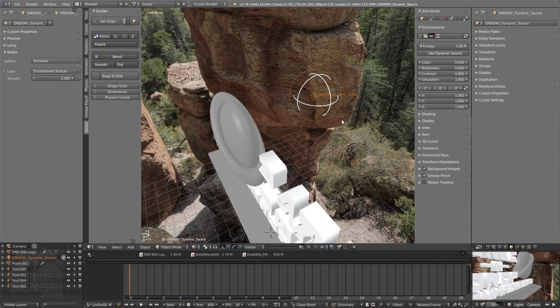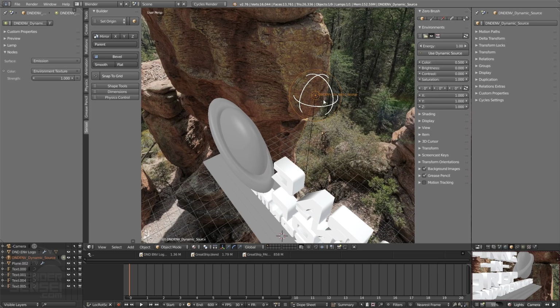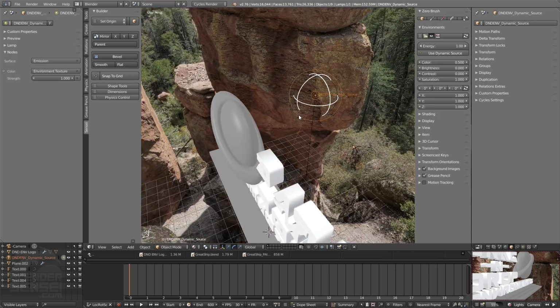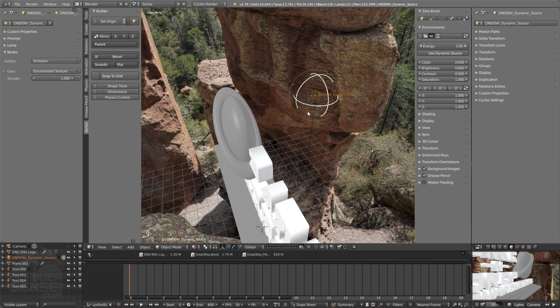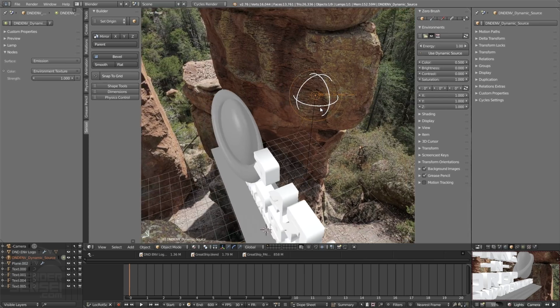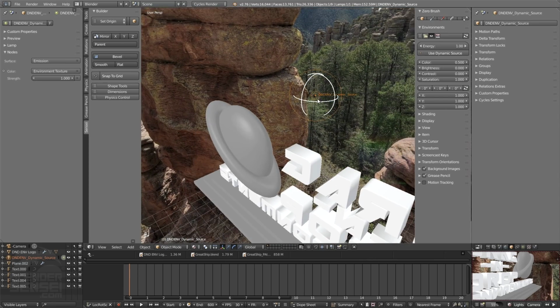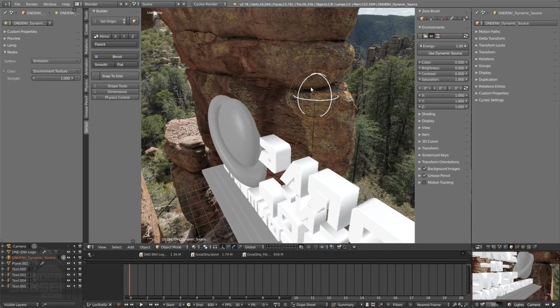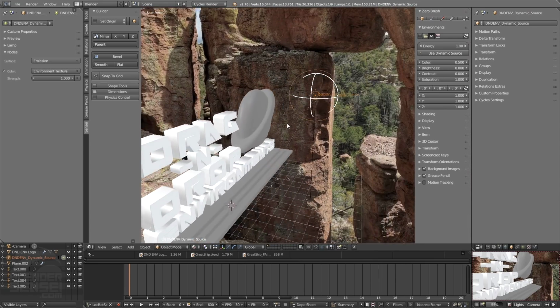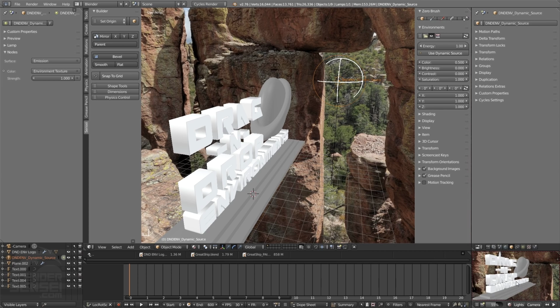I should mention that this is a sun lamp. With sun lamps, it doesn't actually matter where the position of the sun lamp is. No matter where this sun lamp is positioned, it's going to have the same effects. What changes with the sun lamp is the rotation. But sometimes it helps to position the sun lamp to figure out the rotation you want if you're trying to set up something similar to the scene here. Okay, so now if I press my render preview button down here,